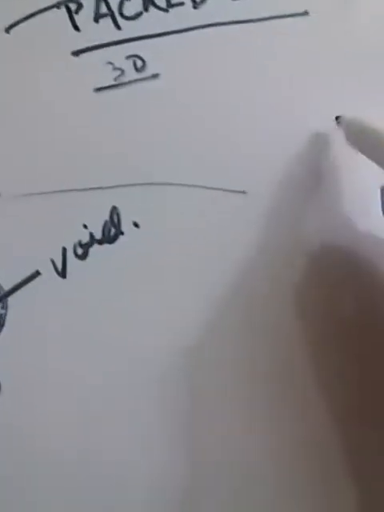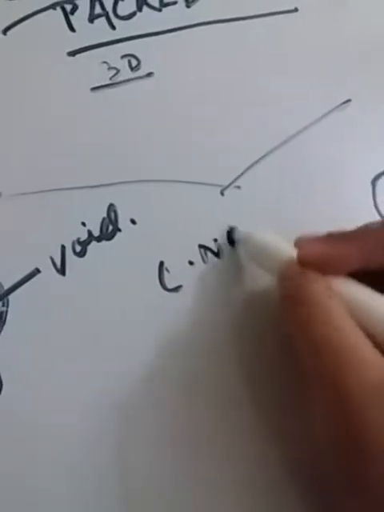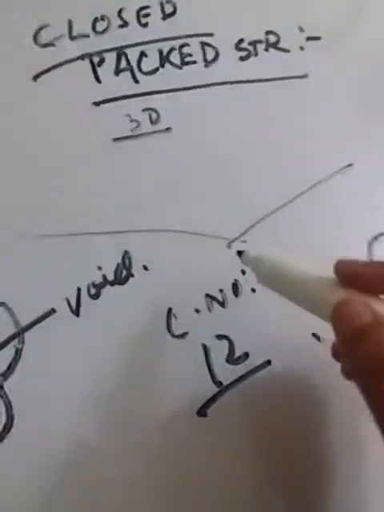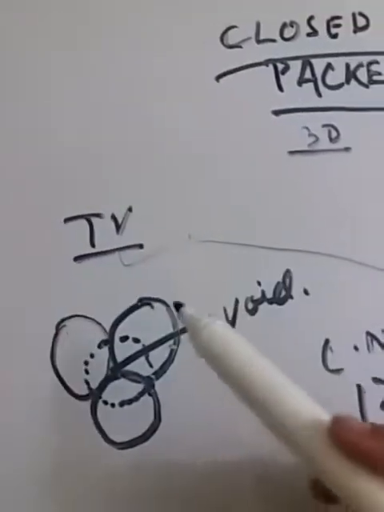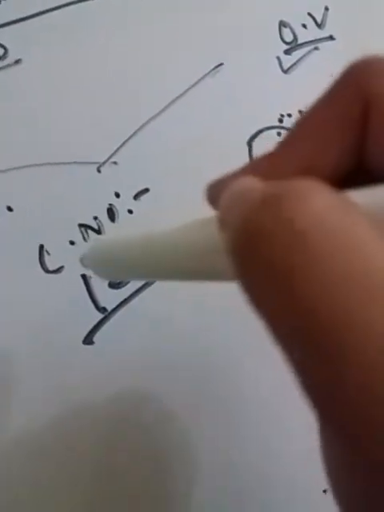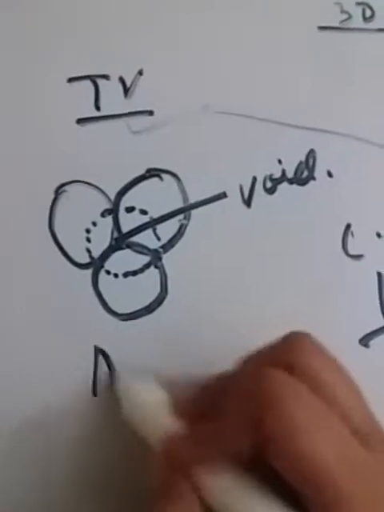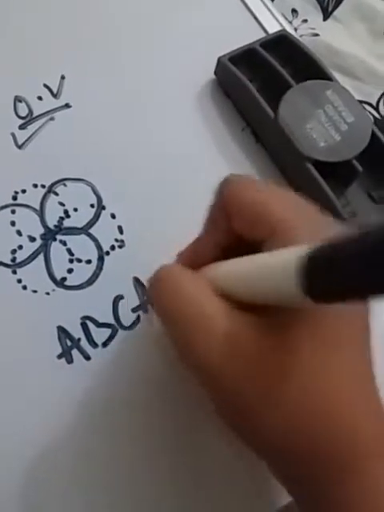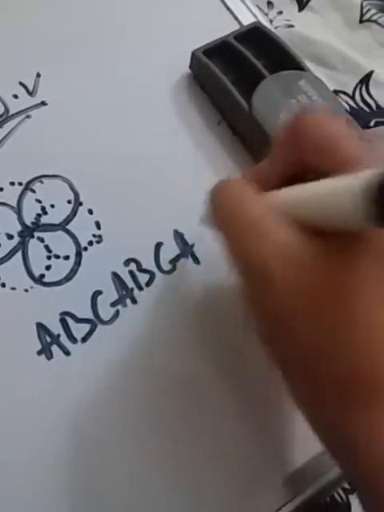इन दोनों का कोऑर्डिनेशन नंबर 12 होता है. This is a 3D structure, so you can't count it like them normally. You will have to see them, imagine them. और NCERT बुक में देख लेना, अच्छी तरह से डायग्राम दिया हुआ है OV, TV, HCP, CCP, FCC इस सब का आप लोग देख लेना. कोऑर्डिनेशन नंबर दोनों का 12 होगा. यहाँ पे लेयरिंग पैटर्न AB होता है और ऑक्टाहेड्रल वॉइड में ABCABCA, ऐसे होता है।